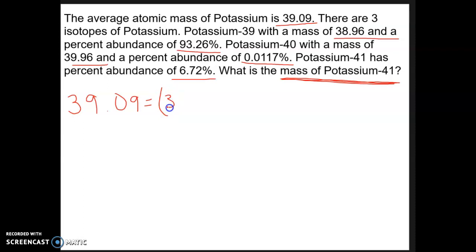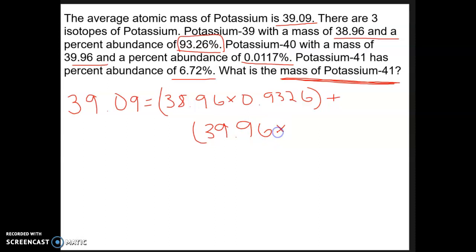It has a mass of 38.96 times, and it's 93% abundant, so 0.9326, plus the mass of the next isotope, potassium 40. That has a mass of 39.96 times, now this is a percent, so make sure you divide that by 100, and when you do, it's 0.00